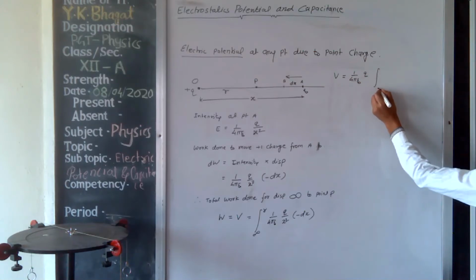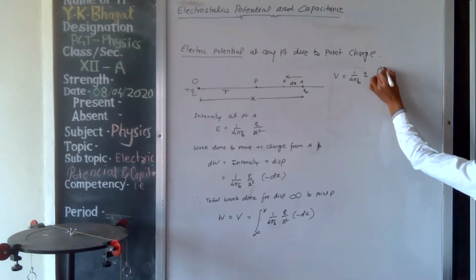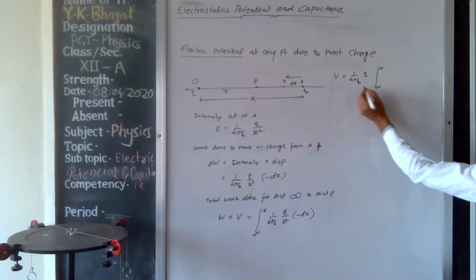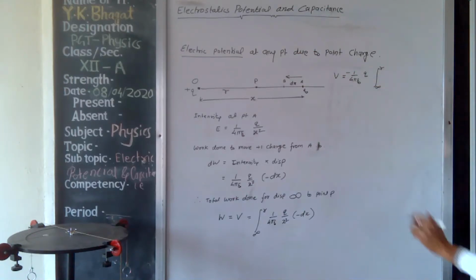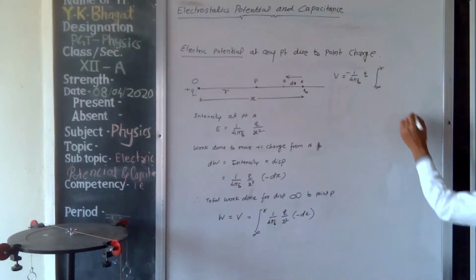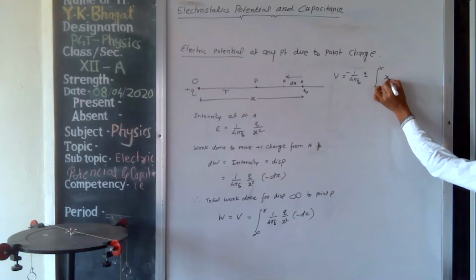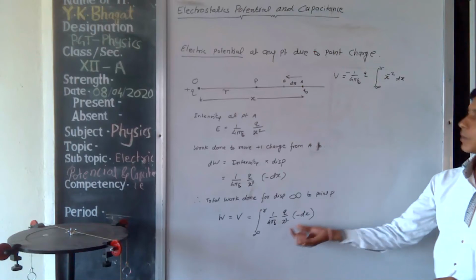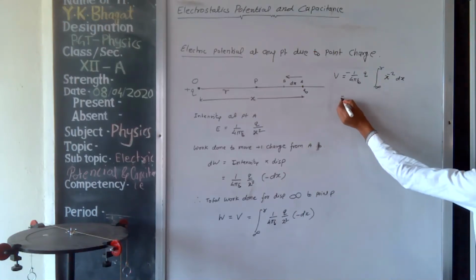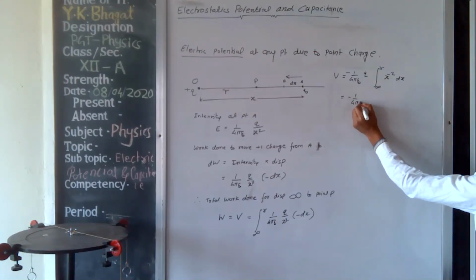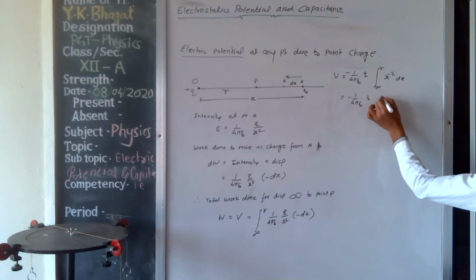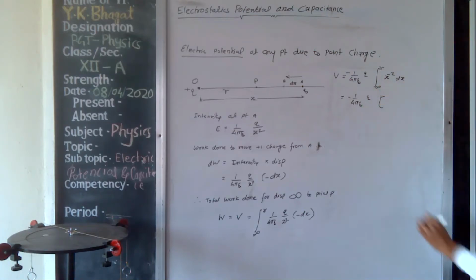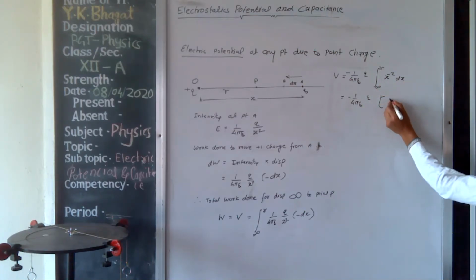Then inside the integration, the minus sign should also be taken common. 1 upon x square can be written as x raised to minus 2, into dx. Then minus 1 upon 4 pi epsilon naught q, the integration of x raised to minus 2 will be x raised to minus 1 upon minus 1,